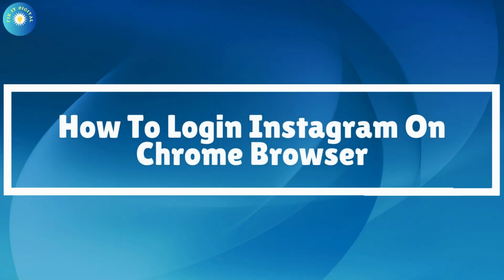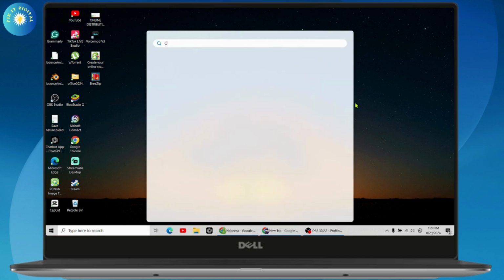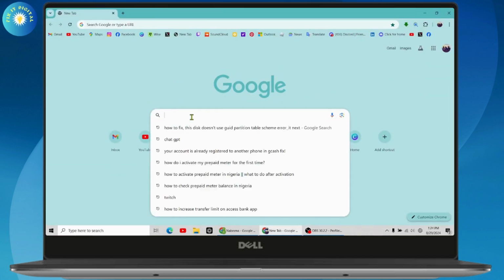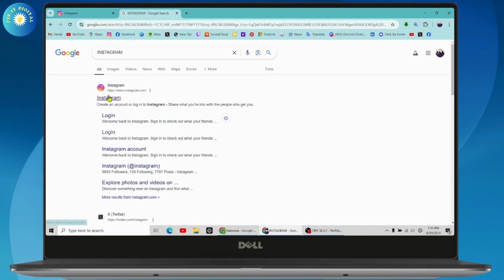Instagram on Chrome browser. So if you want to log in to Instagram on your Chrome browser, then simply open up a browser, any browser that you are comfortable with. And once you're here on the browser, you need to go with Instagram.com or simply search for Instagram and then go with